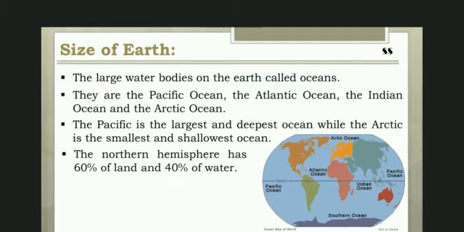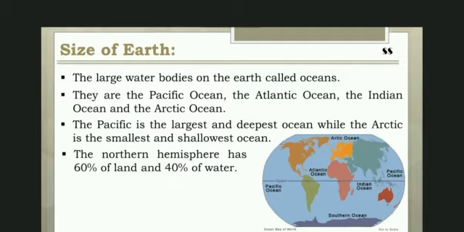Now, we will be studying about the latitudes and the longitudes. The Earth is spherical in shape. Therefore, it is difficult to locate the places, the directions and to calculate the distance between the places. In order to understand the relationship between the different places on the Earth, their exact location, we have to understand their position, their distance from any fixed point and also their direction.